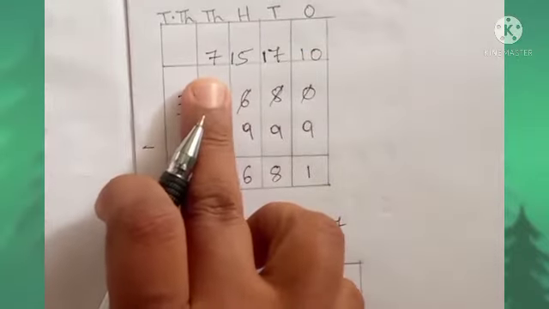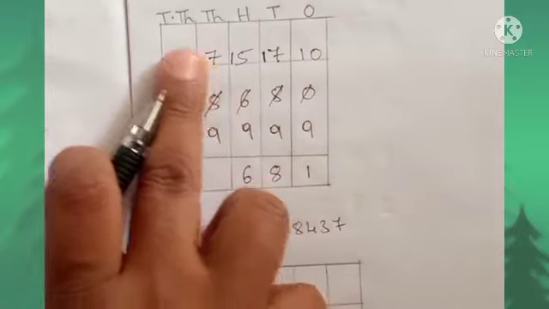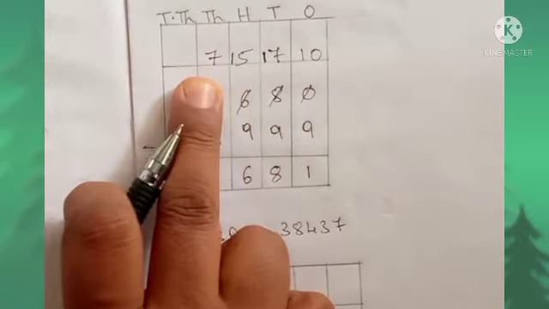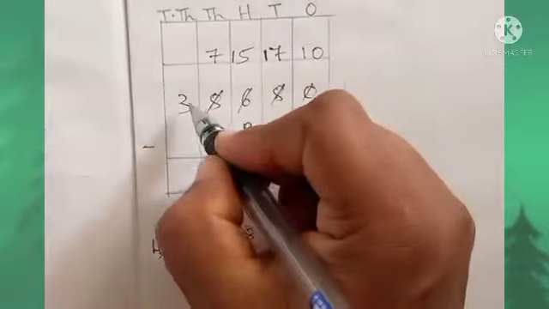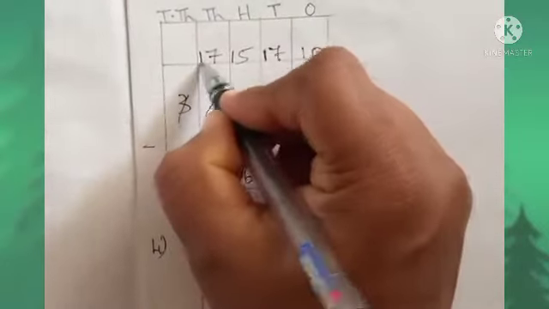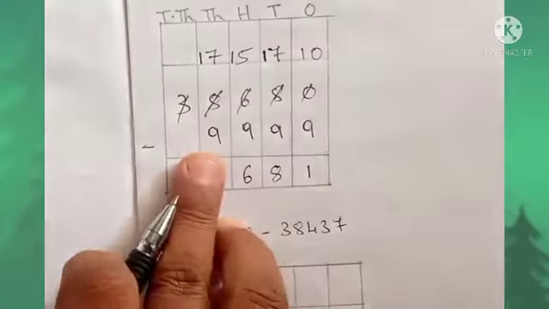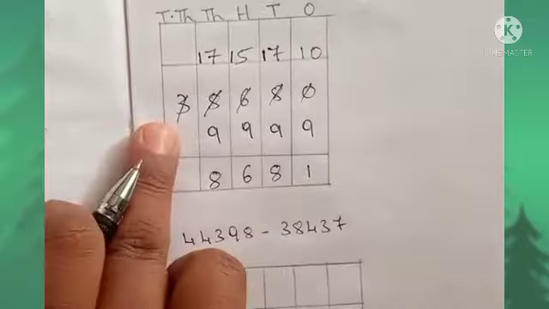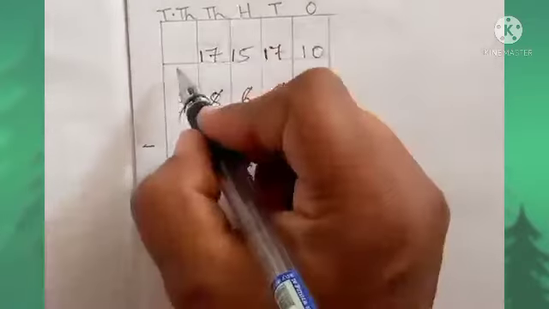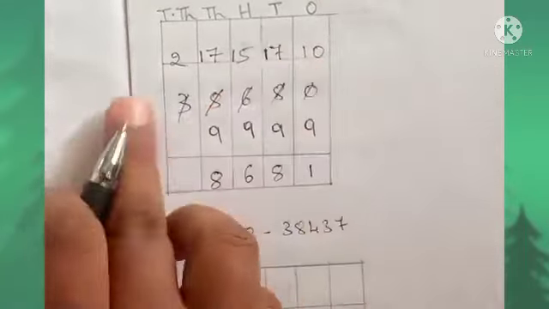In 1000 place, okay, in 1000 place 7 is remaining. So 7 can you minus 9? In 7 can you minus 9? No. What you should do? Borrow 1 from 3. So this will become 17. 17 minus 9, how much, dear children? 8. Here how much is remaining? 2 is remaining, isn't it?